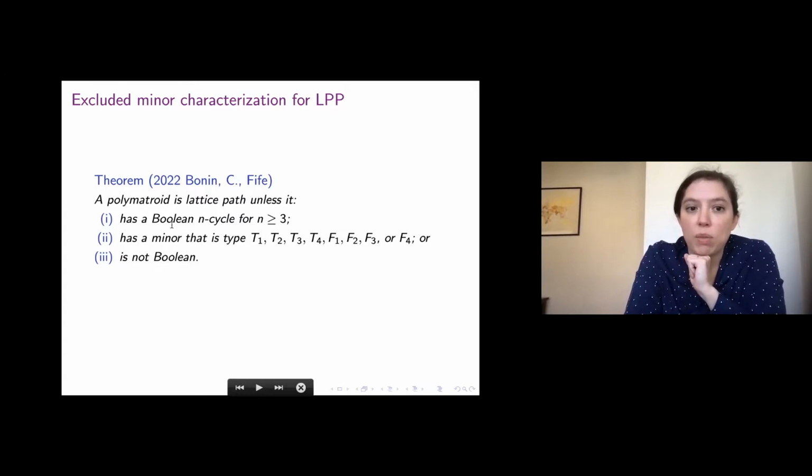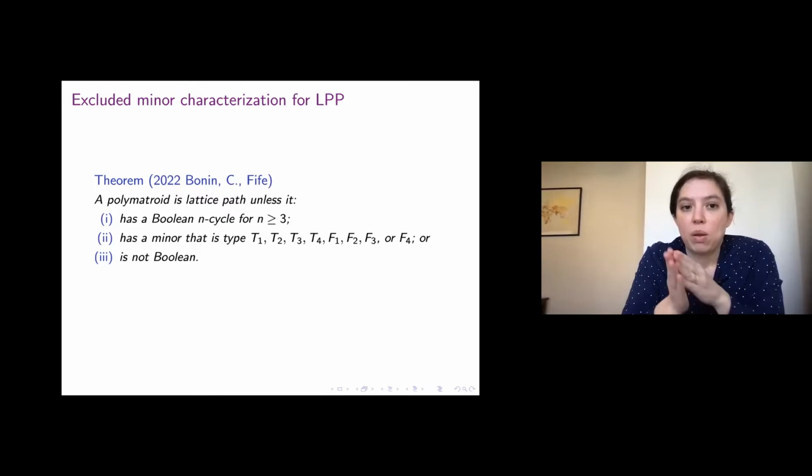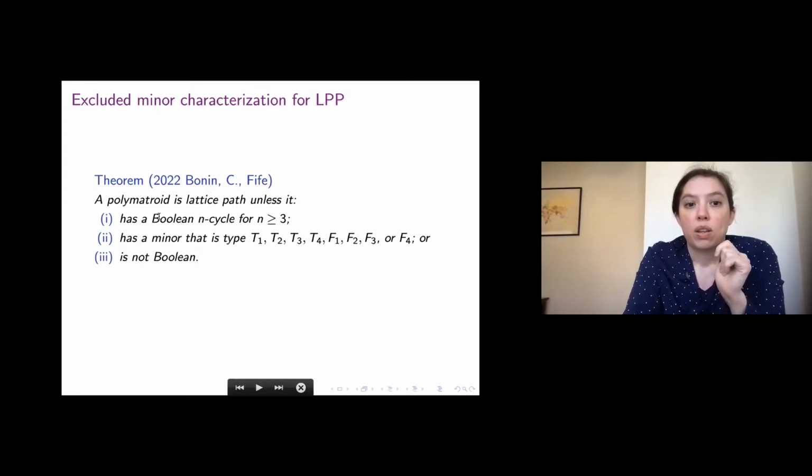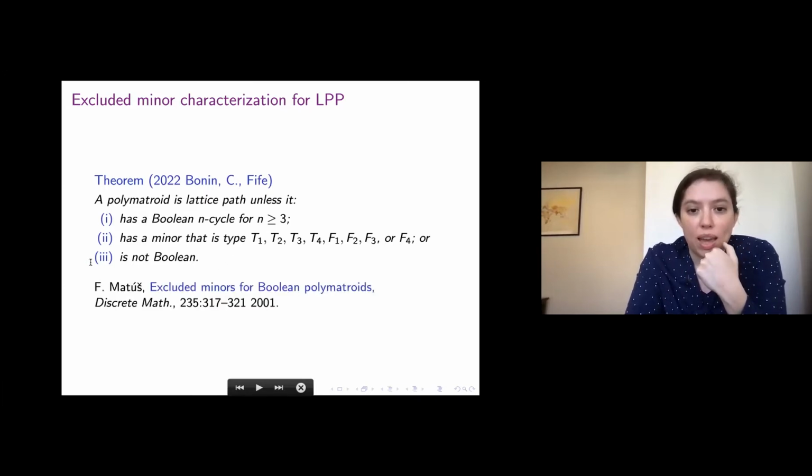And then there's this family of Boolean end cycles. And that is to characterize all the lattice path polymatroids that are Boolean. So either your excluded minor is one of these 2 cases, or your excluded minor is not Boolean. And you could say, well, it sounds like the work isn't done then, but I didn't tell you that, and